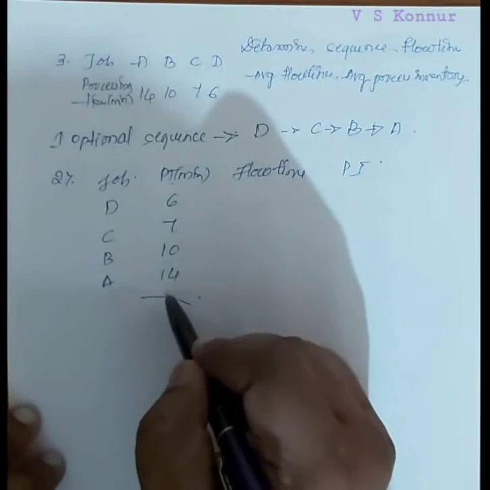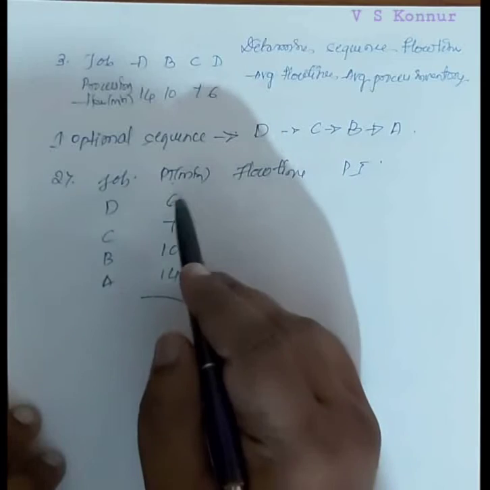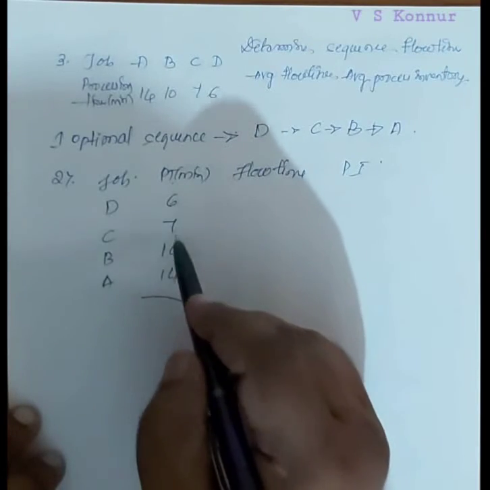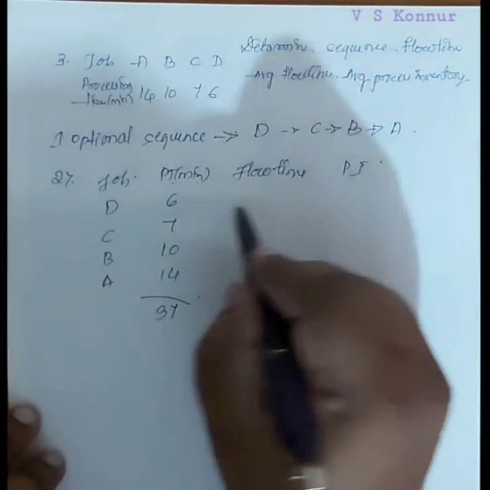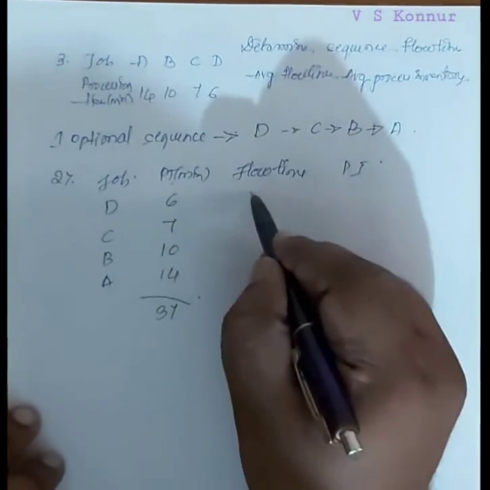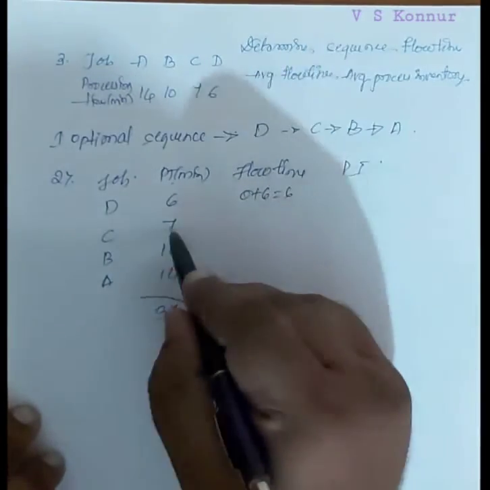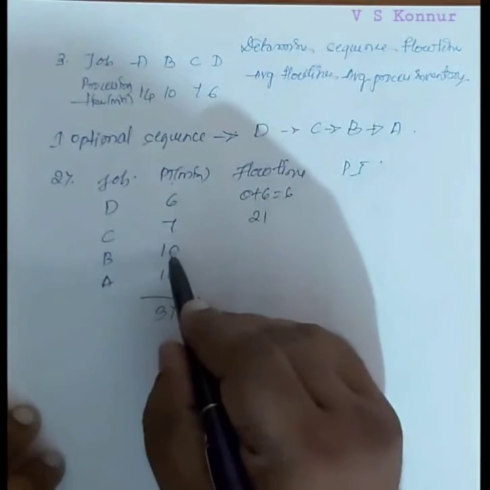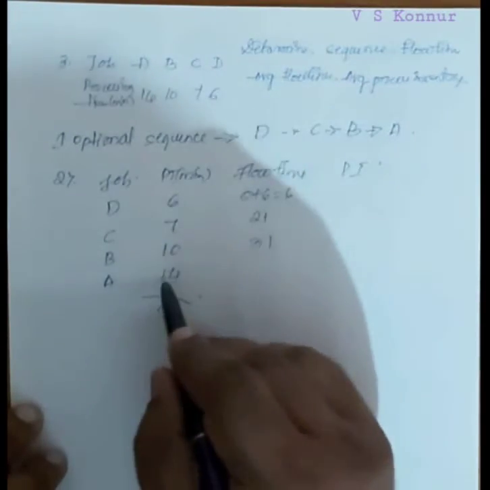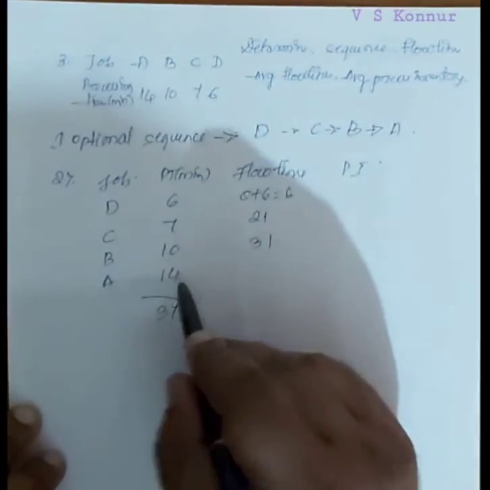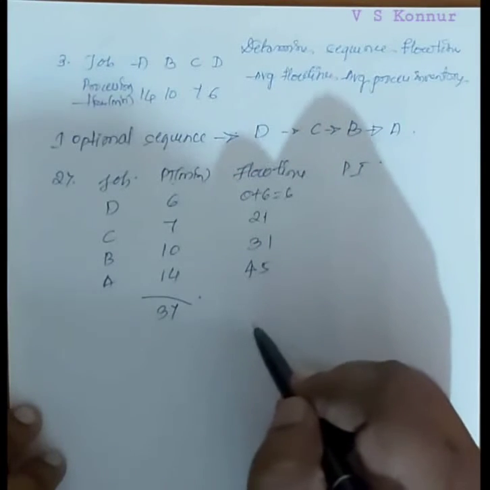So we can add these: 10 plus 14, 24, 24 plus 6, 30, 37. Next flow time, first 0 plus 6 is equal to 6, 6 plus 7...